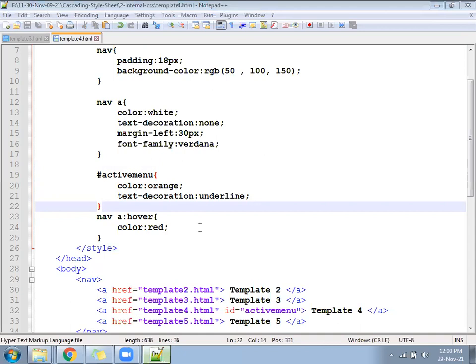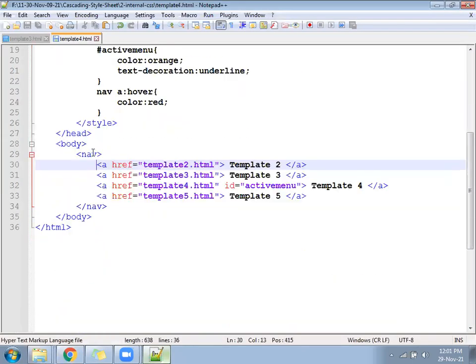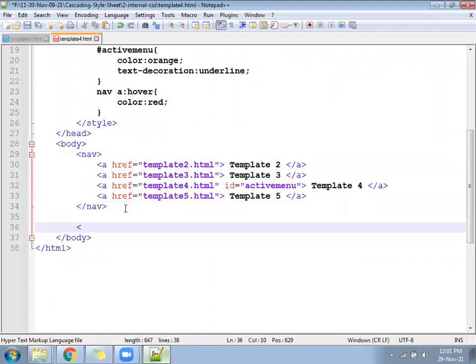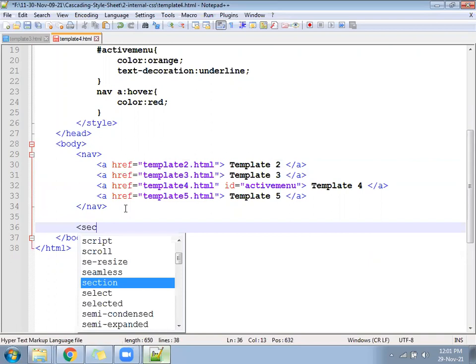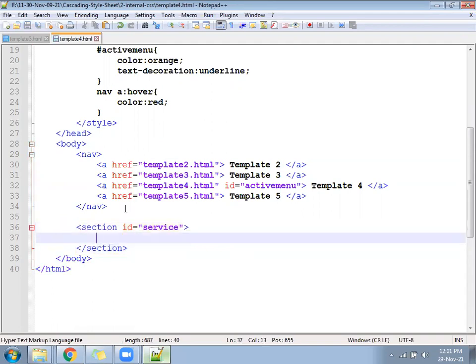Okay, next after that, navigation part is ready. Come after that, navigation. Write a section tag. Give id equal to maybe service. Under that service, you will be displaying